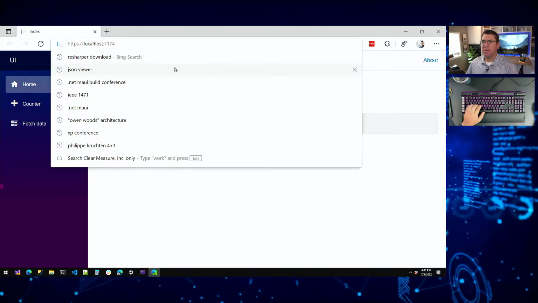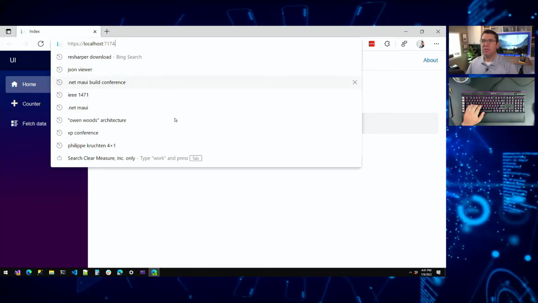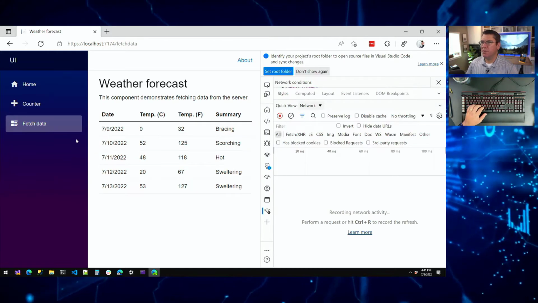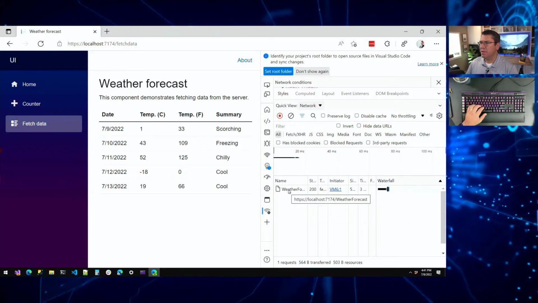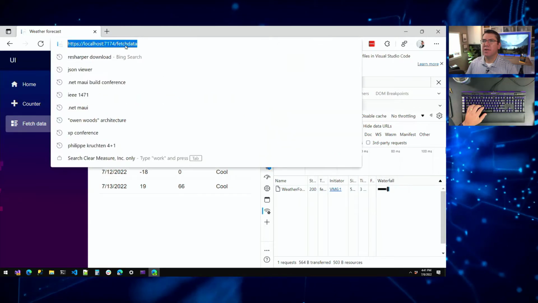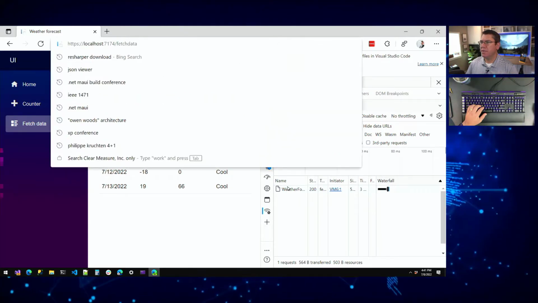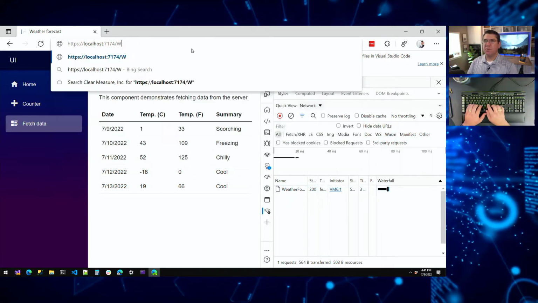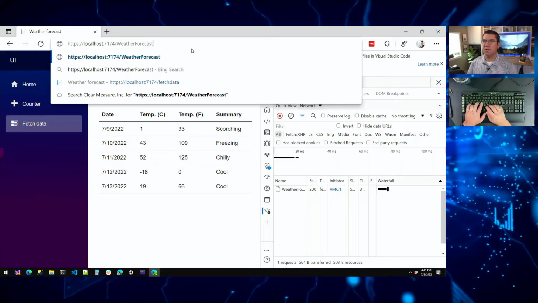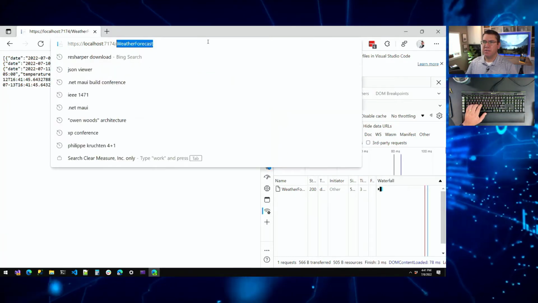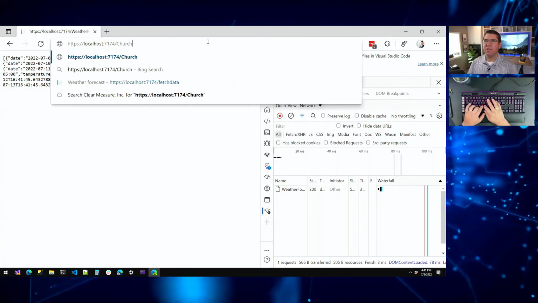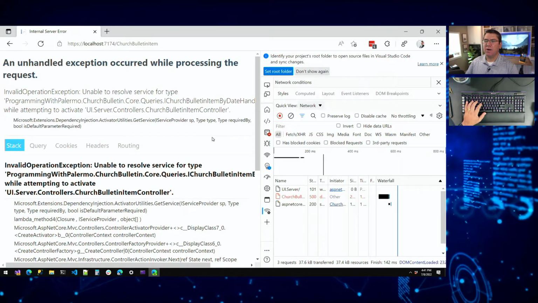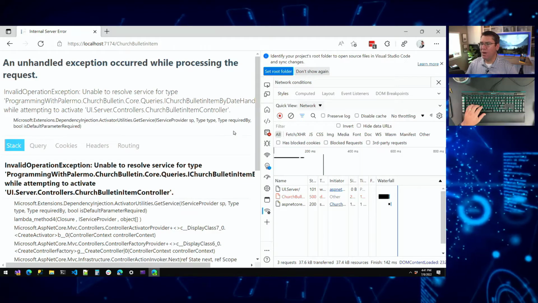Let's see here. If I go to fetch data and hit F12 and go to the network tab, then it's actually going to weather forecast. But it's going to 7174 weather forecast. All right, so we have that. So as far as the URLs go, it should be church bulletin item. All right, there we go. So we're not even going to put it in our UI just yet